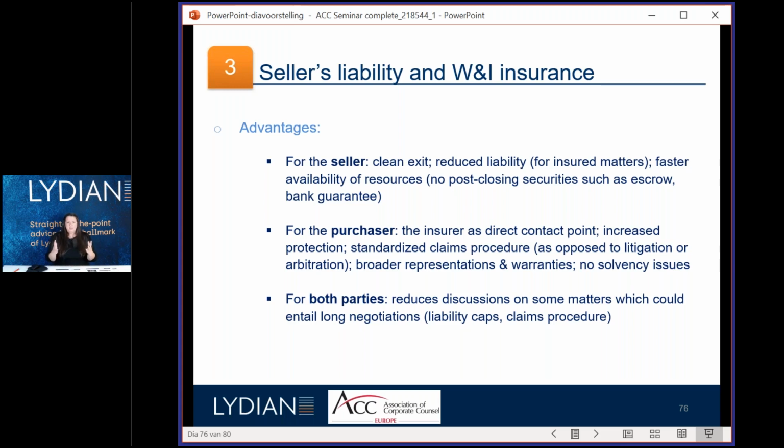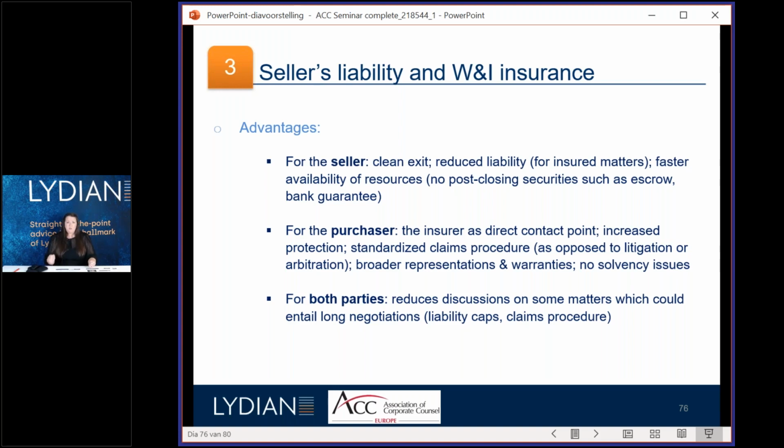So you have potentially this big liability, and the practice has developed a product called warranty and indemnity insurance, whereby the buyer, usually it can be the seller, but in practice it's 95% of the time the buyer, who takes the insurance in order to ensure the liability of the seller under the acquisition agreement. So in practice, what does that mean? In practice, when the buyer has a claim against the seller, he will not go to the seller, he will go to the insurance instead to obtain reparation for his damage.